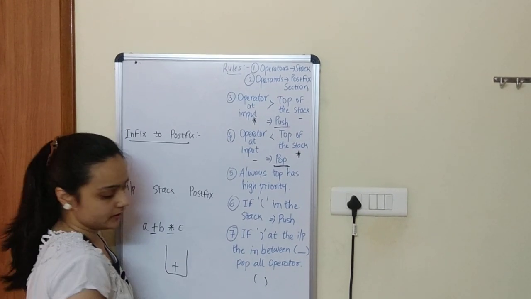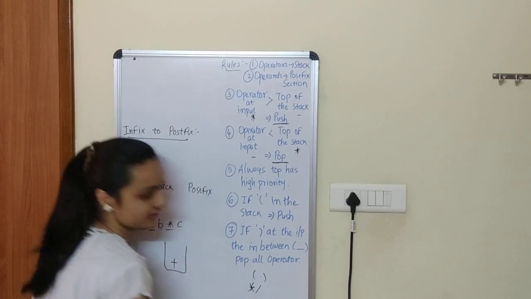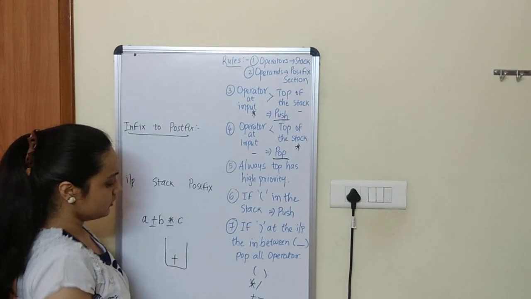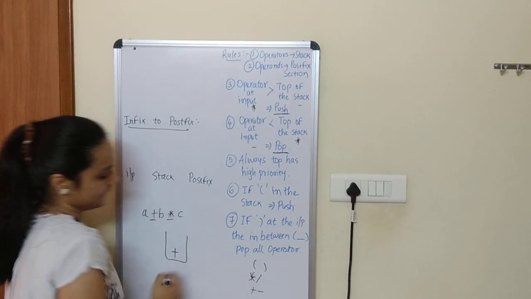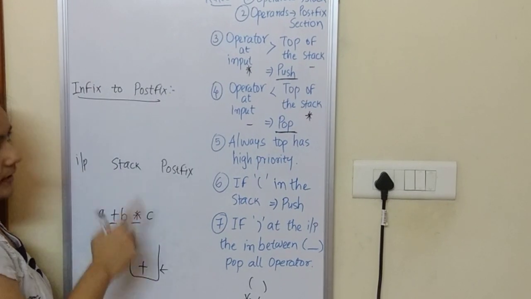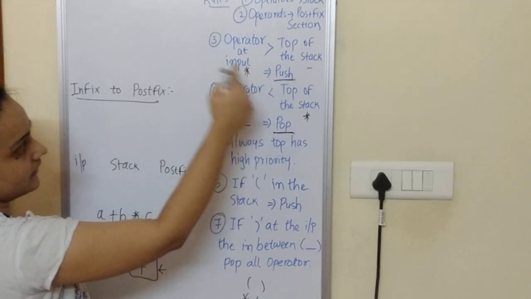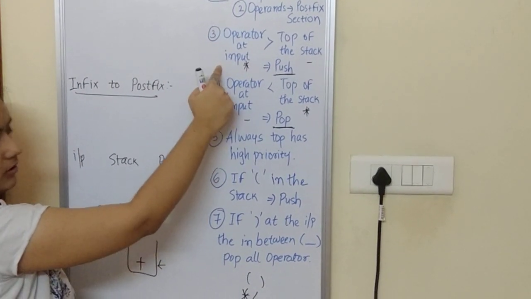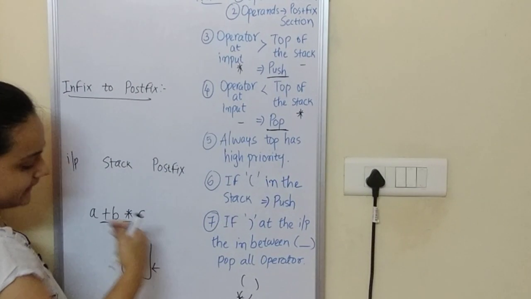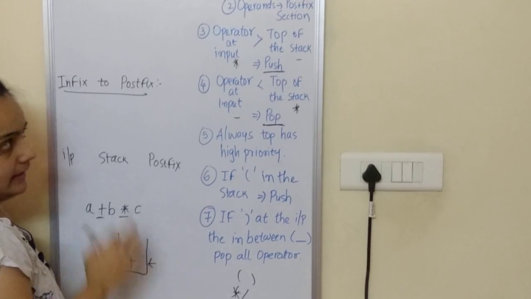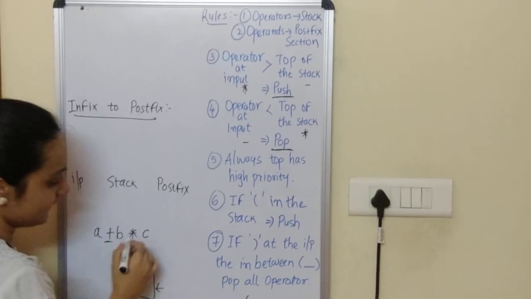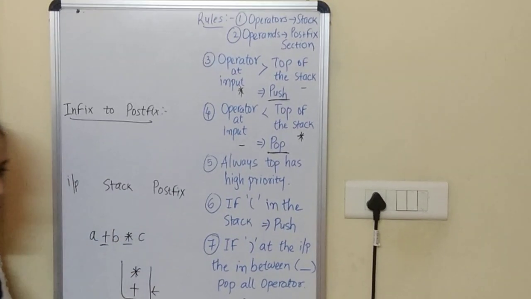Parenthesis is having high priority. After that multiplication and division is there. And then plus and minus is there. Okay. So here you have to compare. Like this become my top of the stack. So comparison between these two. And for that I have the condition like if the operator as an input operator, if the priority is greater than the operator in the stack, then simply I have to push this operator into the stack. It means I can push this multiplication into the stack.